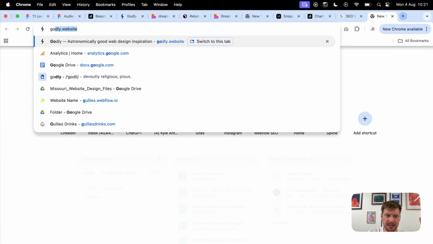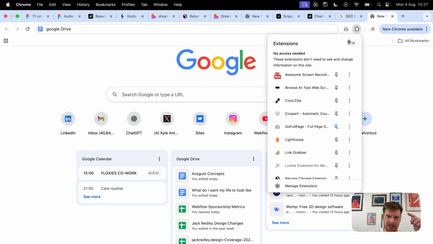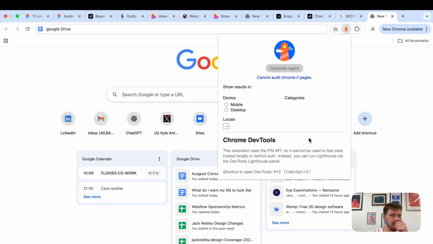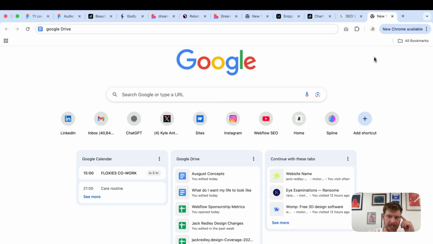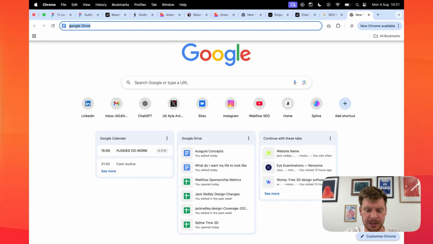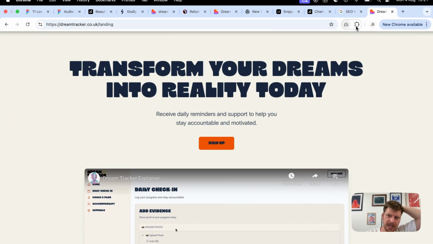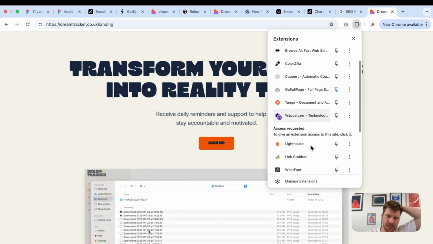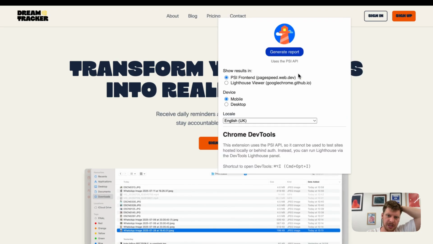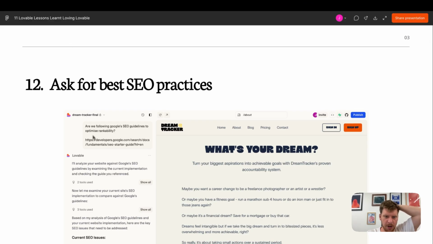And what that means is that when you go to, say, Google Lighthouse, you can actually check the score of a website by using this free extension called Google Lighthouse. So if I go to dreamtracker.co.uk, and then click on my extension and then go to Lighthouse, you can actually generate a report for your website.